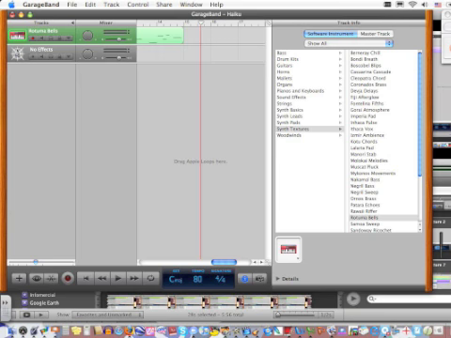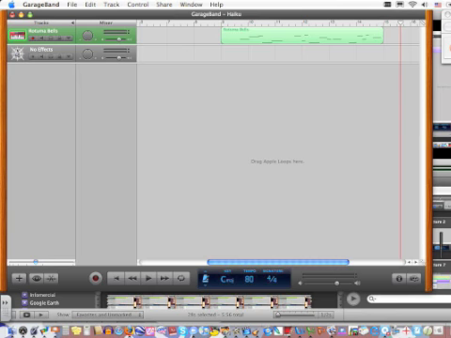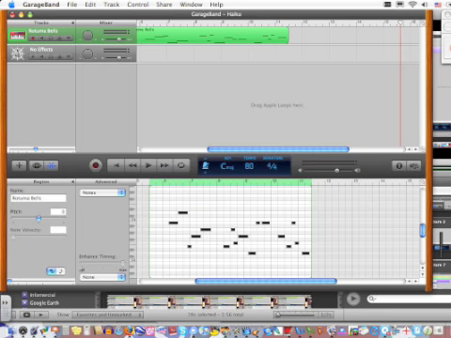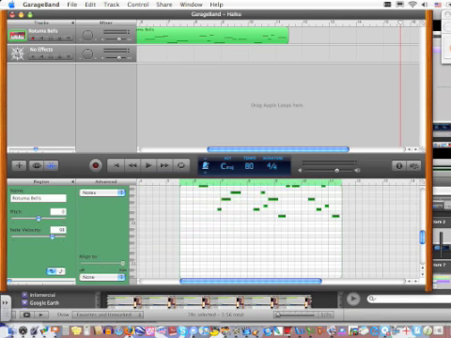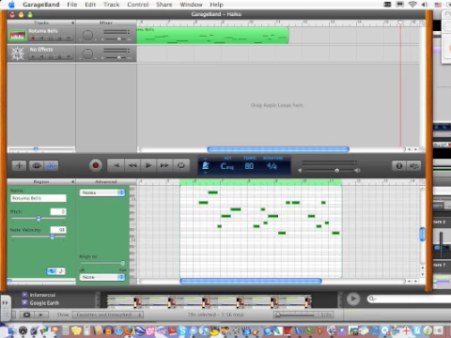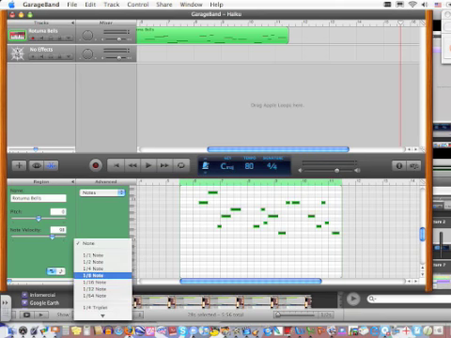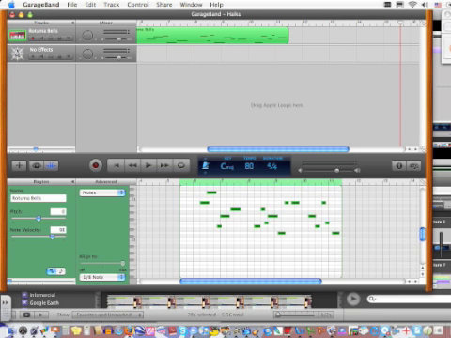Click on the spacebar to stop the recording, and then hit the Information button to close up the information window. Grab the loop and drag it all the way to the left to the beginning of the song. Double-click the loop to bring up the Edit window. Select all of the notes by dragging and selecting, and then choose to quantize them by clicking on this